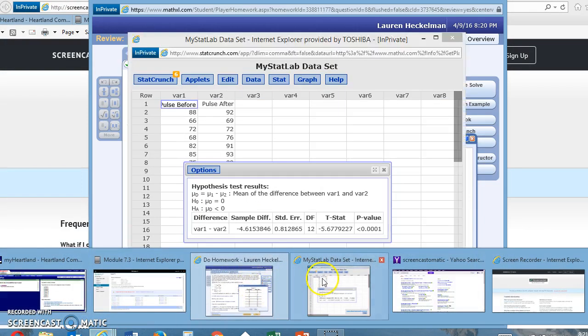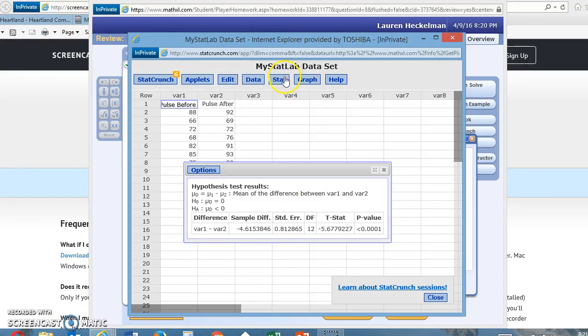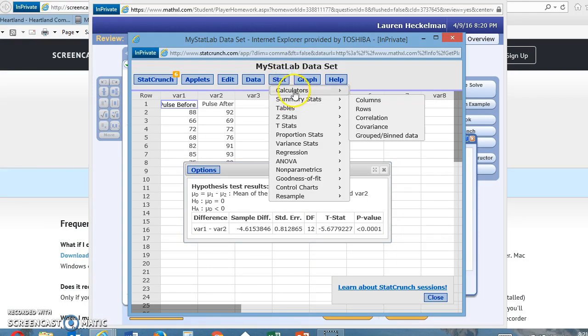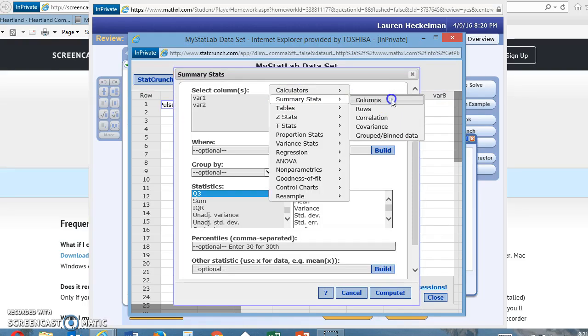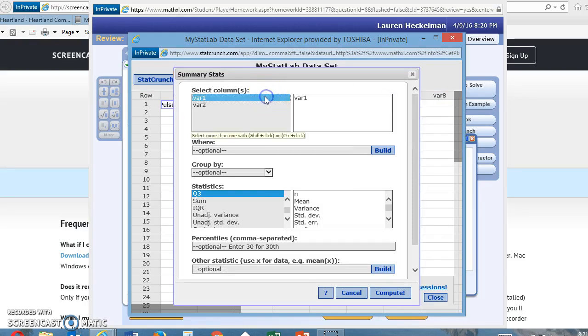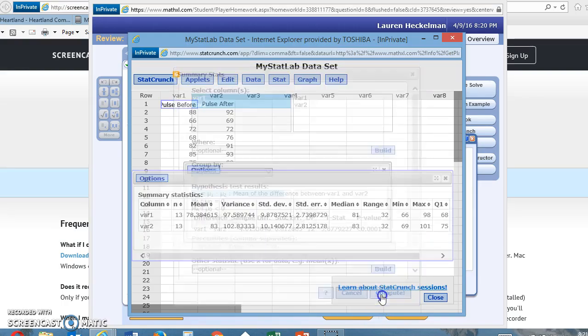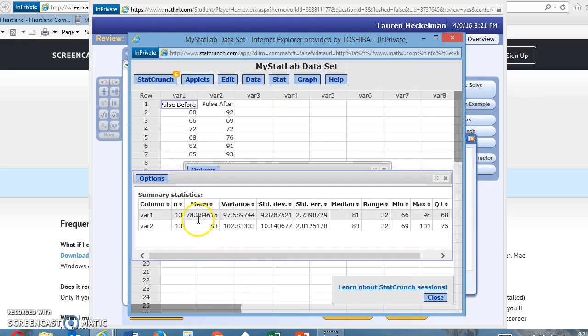And then down below, we need to consider what the mean of both of those is. So we go to summary stats columns, and we select both variables 1 and 2. Then we hit compute again, and the mean for the pulse before is 78.4, and the one for after is